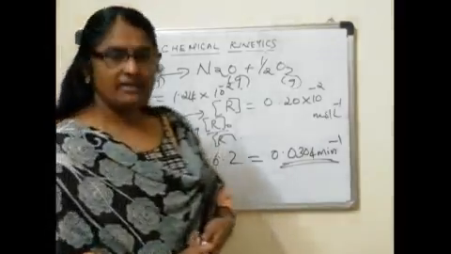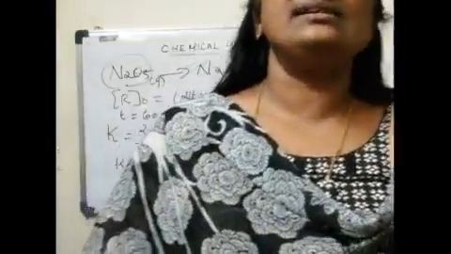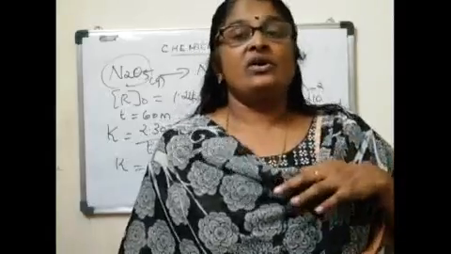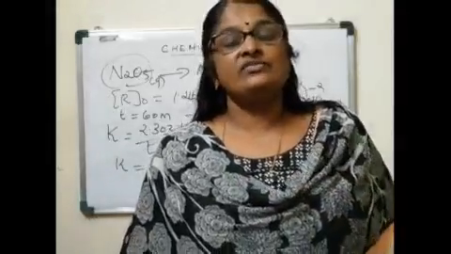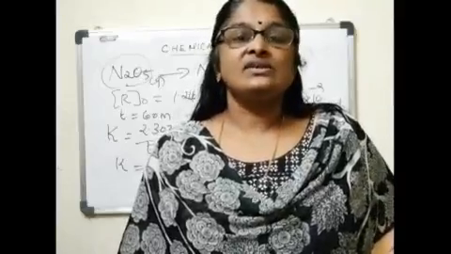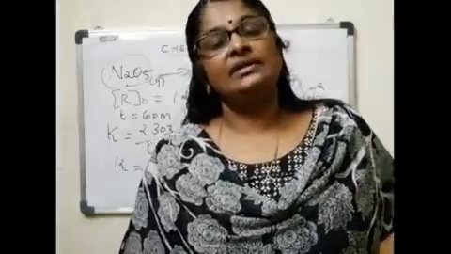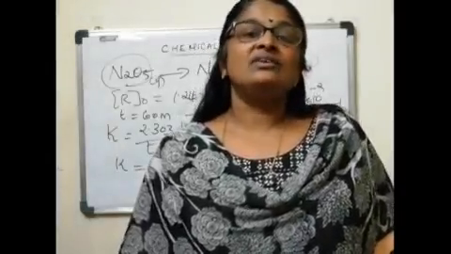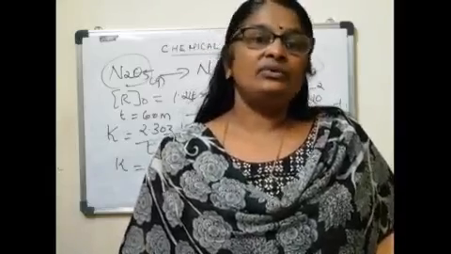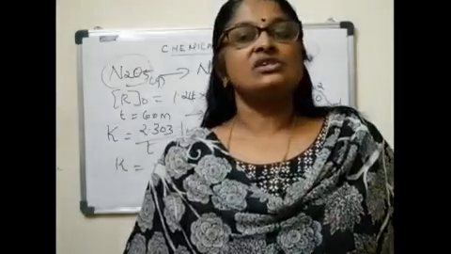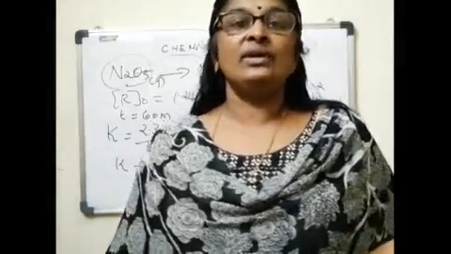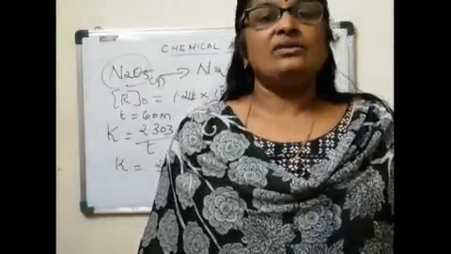So before we wind up the session, we shall recall what all things we have studied today. We discussed the first order reaction, the integrated rate expression for the first order, we have drawn 2 graphs and also studied examples. Examples are all the artificial and natural radioactive disintegrations belonging to first order kinetics, decomposition of N2O5 and N2O, and one more example given in the textbook, the hydrogenation of ethene to ethane. And we have studied a relation, k is equal to 2.303 by t log R0 by R, and also drawn 2 graphs.